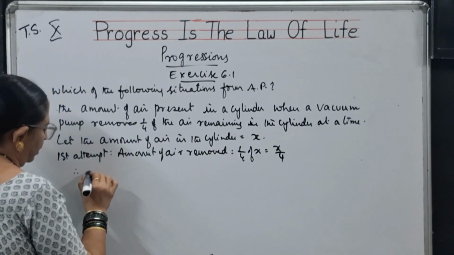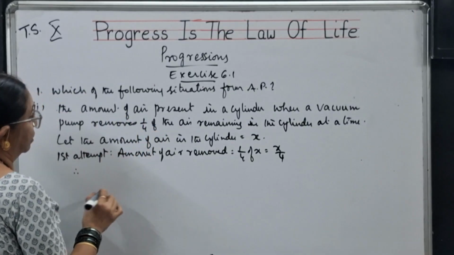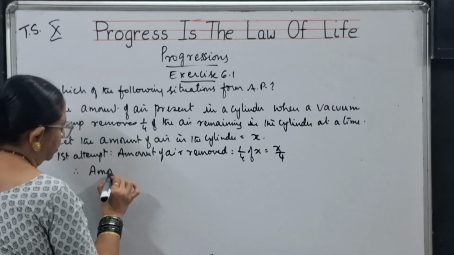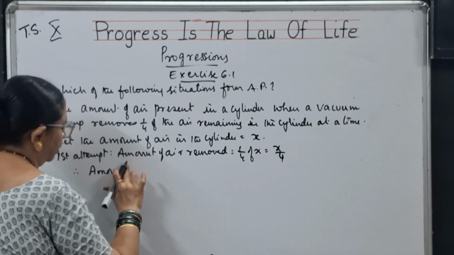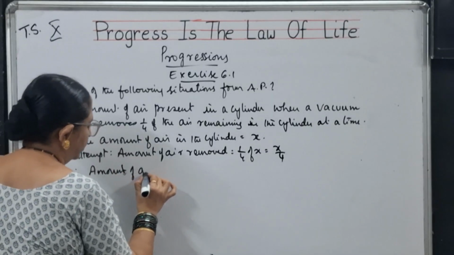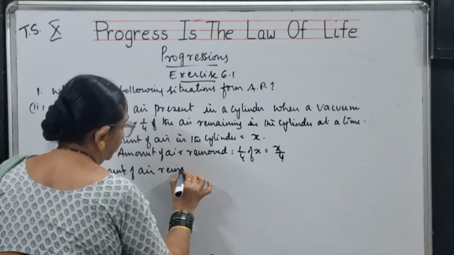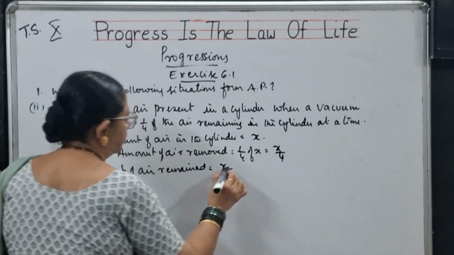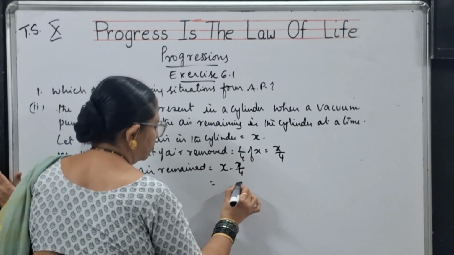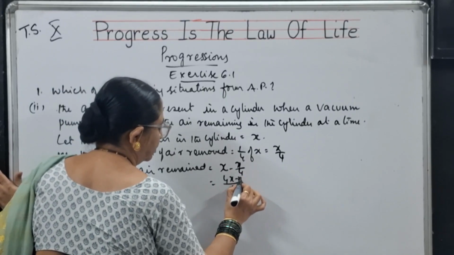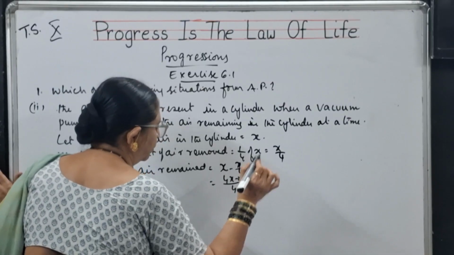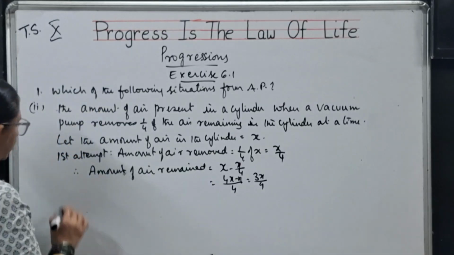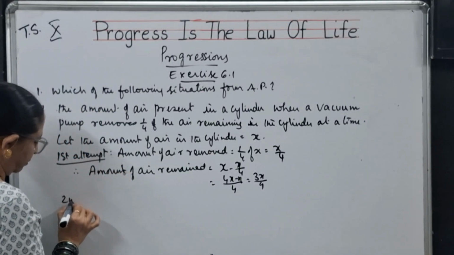The amount of air remained: how much air is there in the cylinder from the total? If you subtract x by 4, that is 4x minus x, that is 3x by 4 amount of air remained in the cylinder. Now this is the first attempt, and in the second attempt,